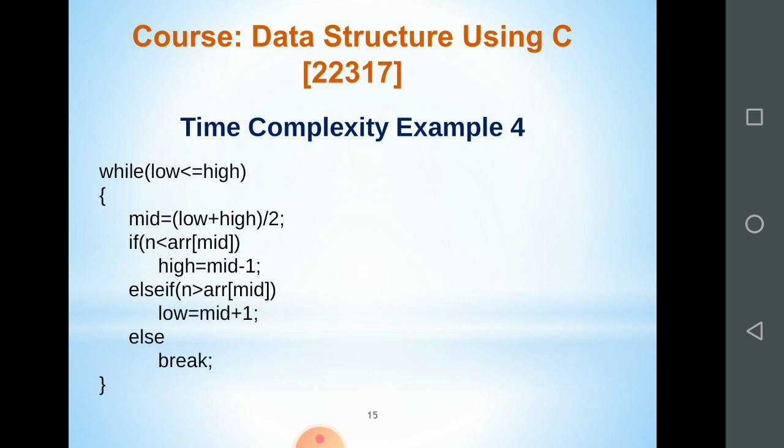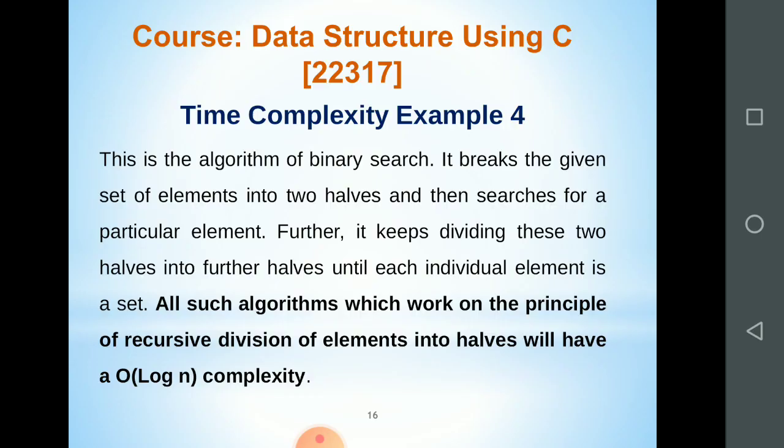Again we compare the element with the middle element. If it is not equal, then again we divide the list into two parts. Like that we keep dividing the list, and up to one element we have to search the list. So at every step we are dividing the list, and in that case the time complexity is a function of log of n. I will explain this more when we learn binary search in the next chapter. For today, this is the algorithm of binary search.